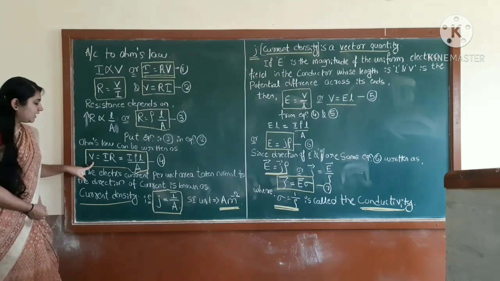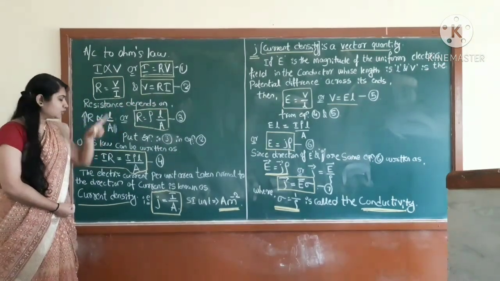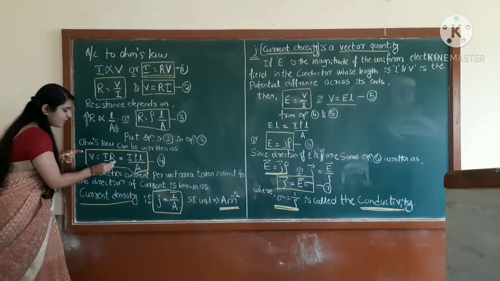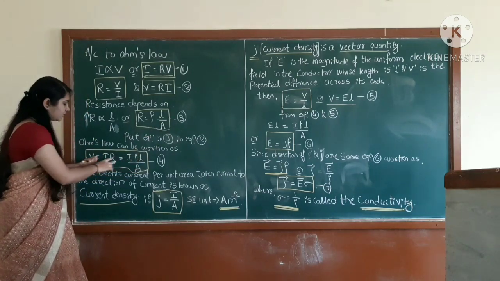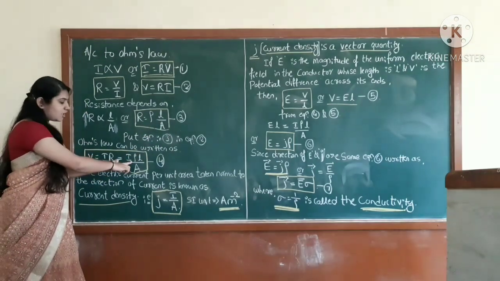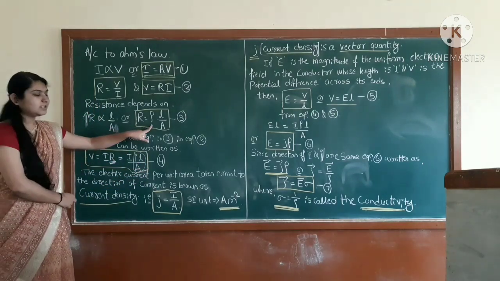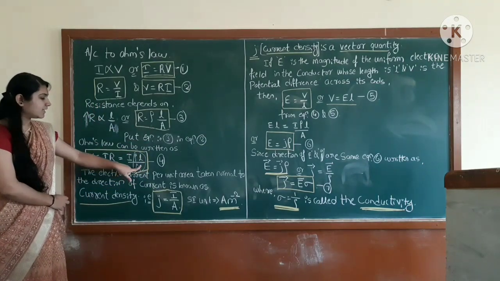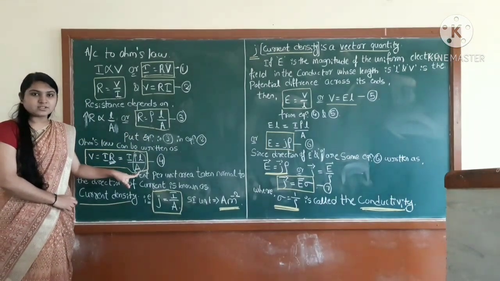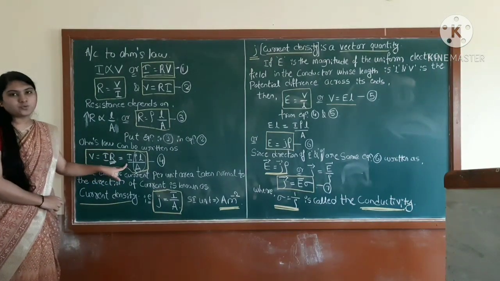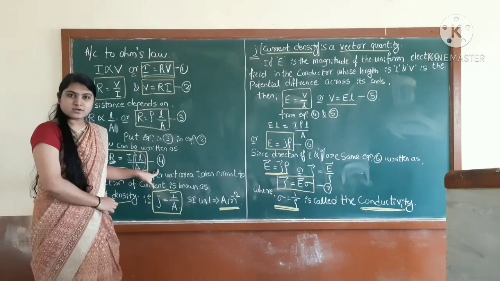What is that? V is equal to IR. This is our second equation, right? So here, this R value from equation number 3 I put here, correct? I is similar, only this one. This is the value of R from this equation that I put here, that is rho times L divided by A, correct? This is our new equation. Take it as equation number 4, right?